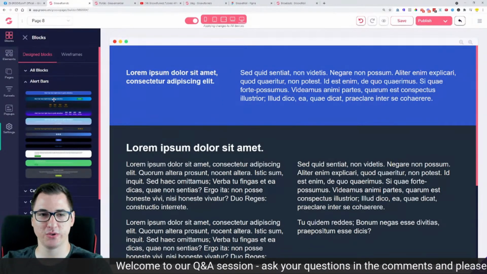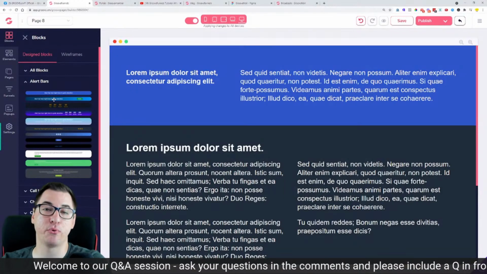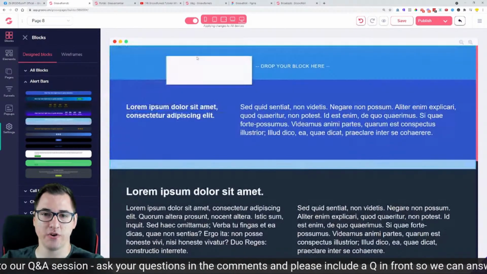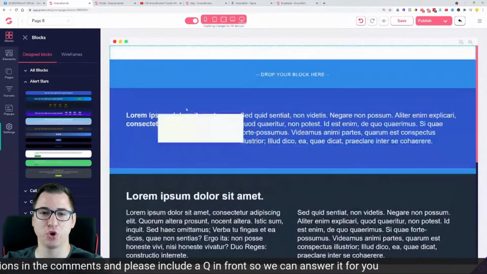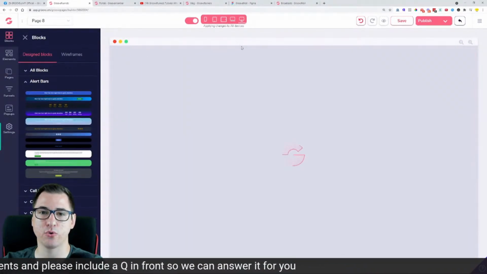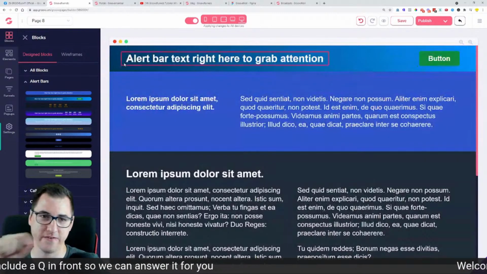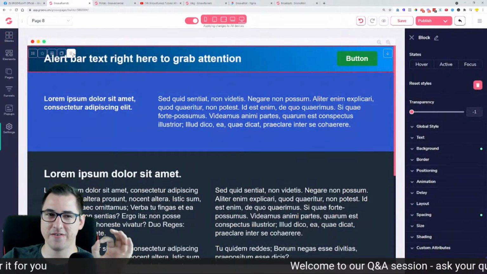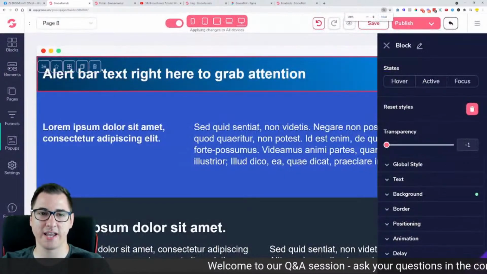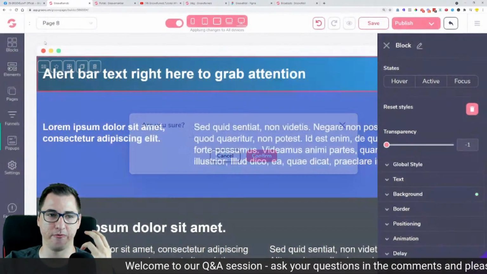This is a new functionality, or improvement on the functionality. When you are dragging in blocks, it now clearly shows where to add it. Where there is a green line, you cannot very clearly see it, but it's there when you're dragging in the blocks from the block section.